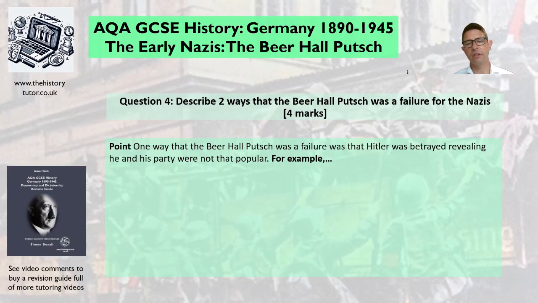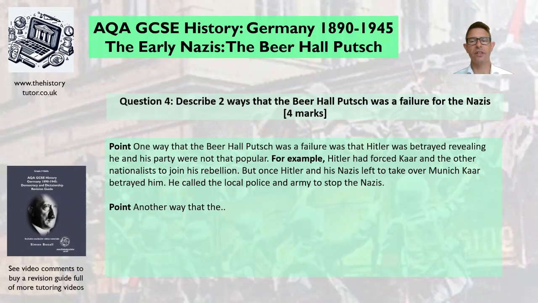So now I need to give some evidence. For example, so try and give some facts of the event. Maybe the night where he goes into the beer hall, has to force people into it. People then betray him when he goes off to try and seize control of Munich. Name some people, name some events. Try and write a couple of sentences of evidence and story. Pause me now and give it a go.